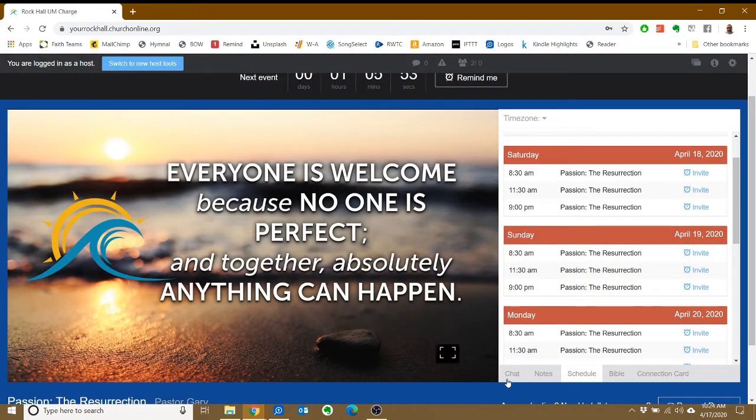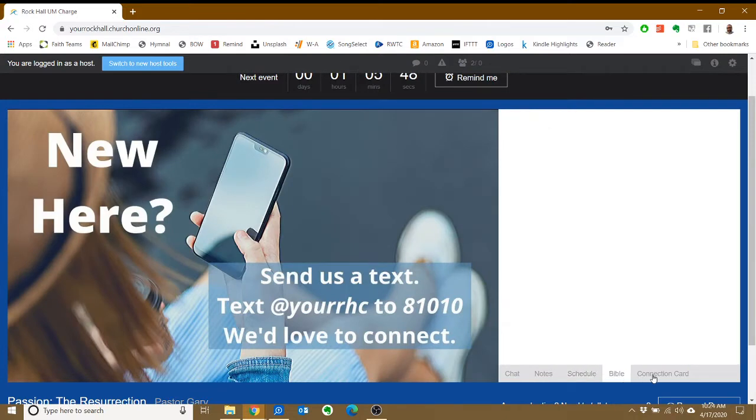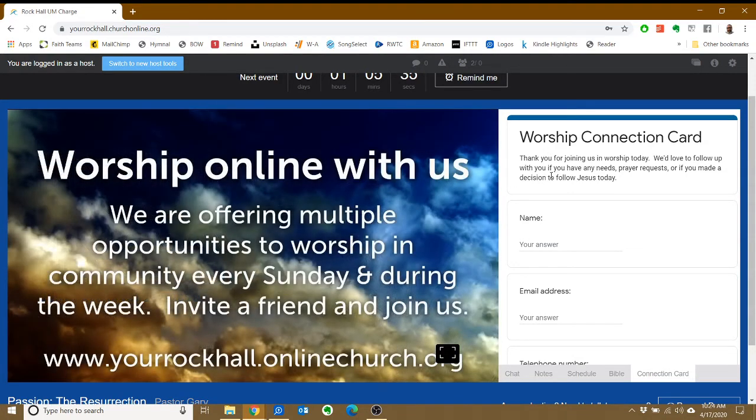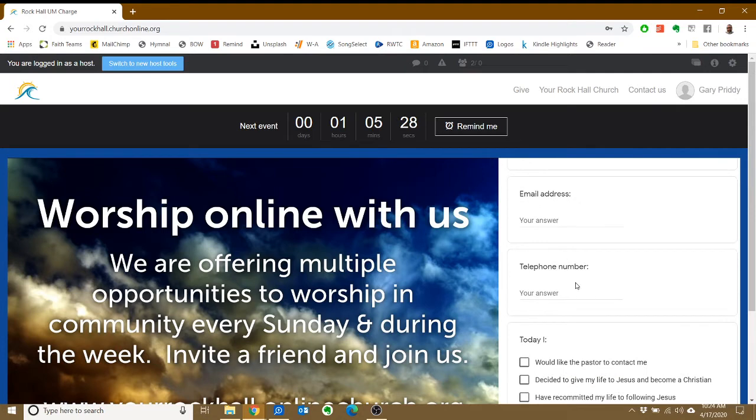You can see you have access to the notes for the service, the schedule like was there, the Bible, and a connection card. Now the connection card defaults when the service goes live. The worship connection card is here. It'll be the first thing that people see. Hopefully we want to get people to fill that in so we can get that information from them, just so we can follow up. It has all the things that the paper connection card had when we're in church, whether it be their